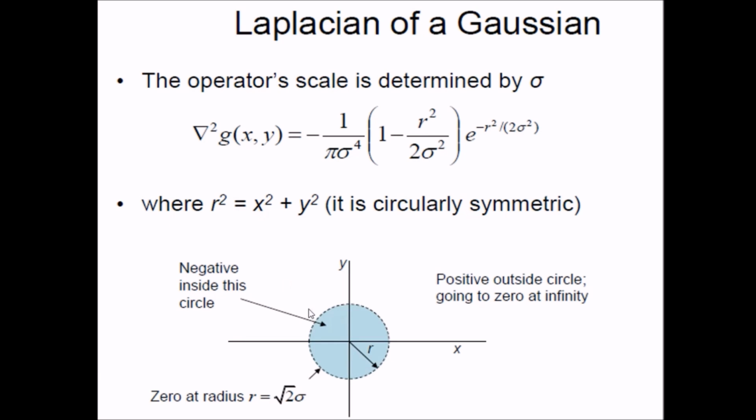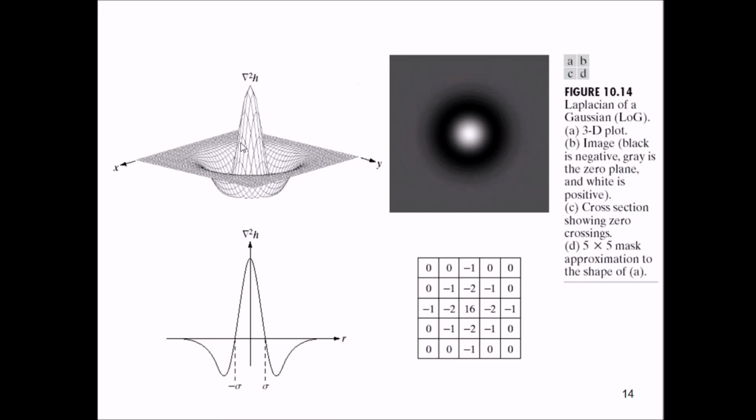This R square is x square plus y square. So this is negative inside this circle and positive outside the circle, going to 0 at infinity. And this 0 is at radius r equal to root 2 sigma. And this sigma actually varies the scale. Right? Now coming down to this figure. This particular figure